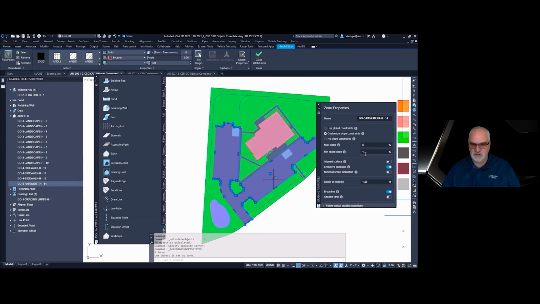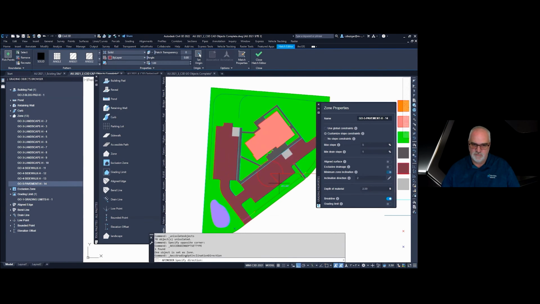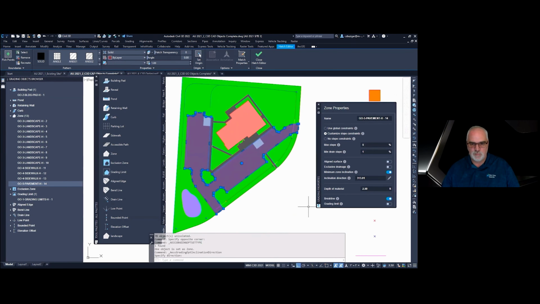It names it still a zone. And we want to leave that at 5:1, and let's say 2.5 foot depth. Here again, we could set the minimum inclination if we wanted to, say drain this direction. You get that nice little glyph that helps you pick the angle. And if you wanted this to drain this way, you would break this into a separate hatch or separate enclosed boundary.